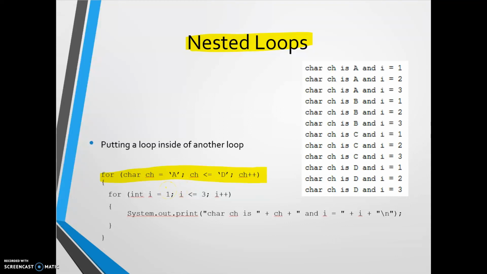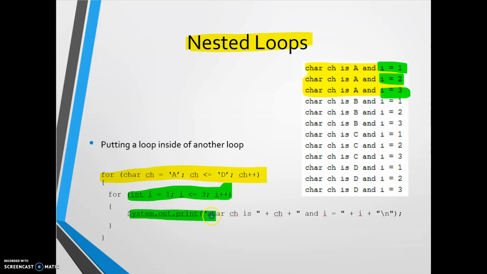B. And so I will see that all of this right here is the first iteration of my value of A. So I set character equal to A, and then I come in and I have this inner loop. The inner loop starts at 1 and goes until it's equal to 3. So I will print 1, 2, 3 times. And that's what I see here, here, and here. And then now that this loop is done and I've reached my max, it's going to bump me out and